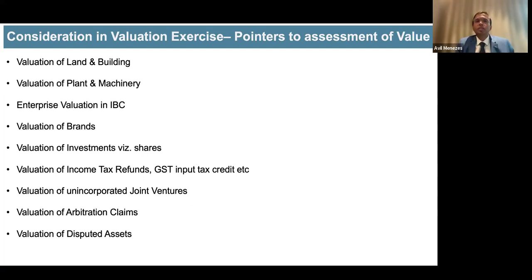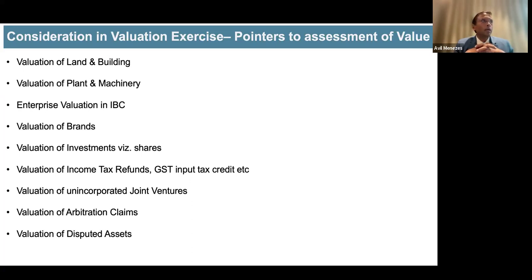Similar with plant and machinery, of course, it's very tricky because we are not subject matter experts. But when we look at two valuation reports, you really come to know how the valuation exercise has been conducted by professionals. A very interesting case, I'll tell you, we looked at two valuation reports where I had taken over from one of the RPs in this assignment, and one report showed me X, the other report showed me 20X in terms of valuation of machinery.